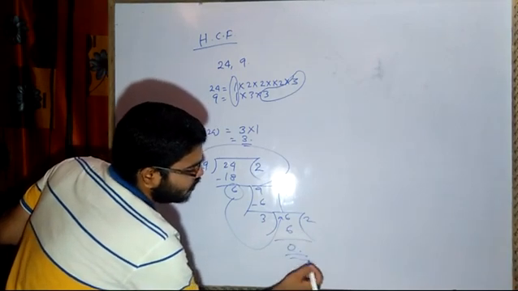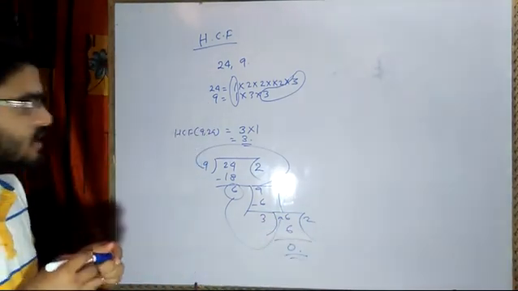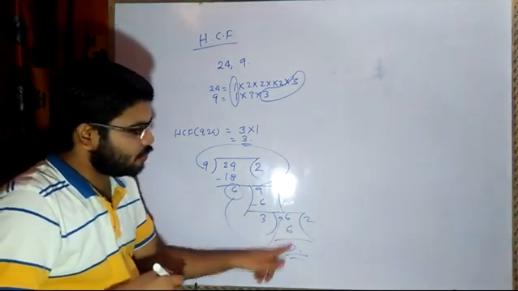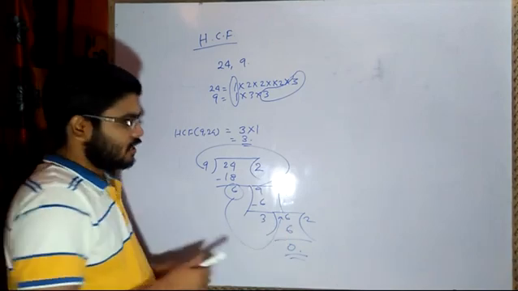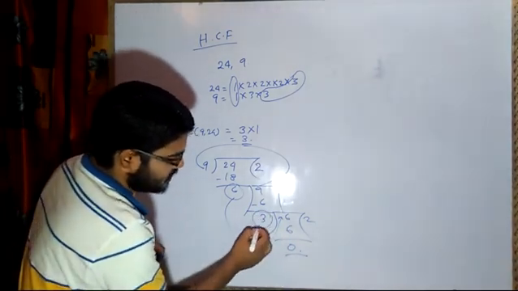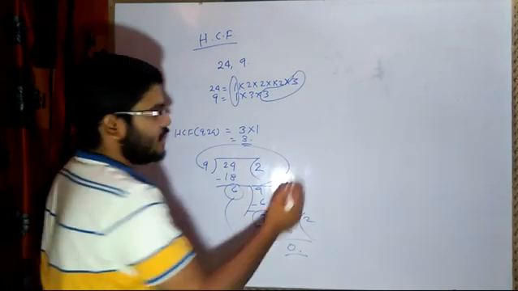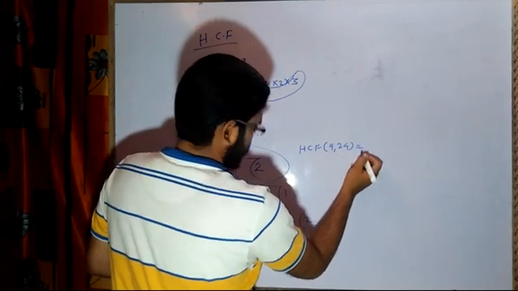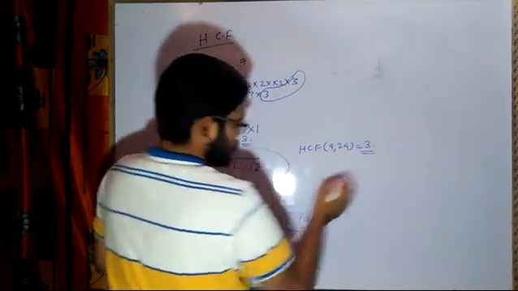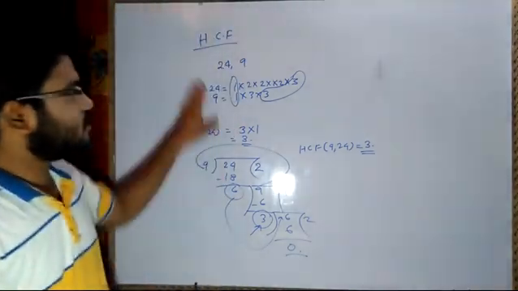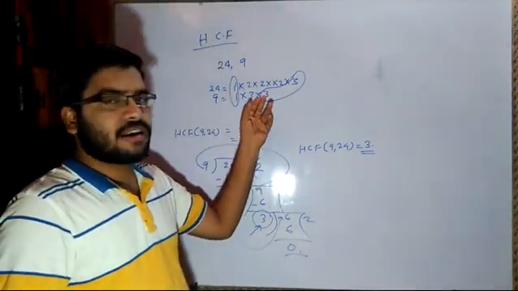Unless I get 0, I will keep on dividing the number. I will keep on putting the divisor. Every step you see, I have kept the divisor here. So I got 0. So the last divisor will be called the HCF. HCF of 9 and 24 is equal to 3. So in this way you are going to find out the HCF by using prime factorization method and